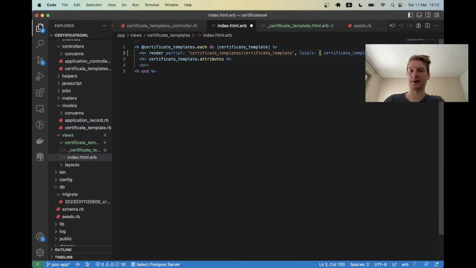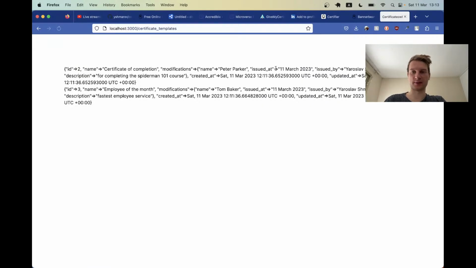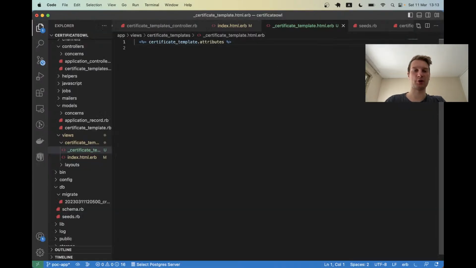Will be certificate template and itself, and a break here. Let's move the attributes here and see if it works. Yeah, it works as before, so everything is correct, and we would want to have some kind of styling here later on, obviously. So I'm using